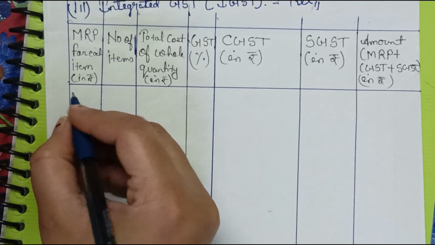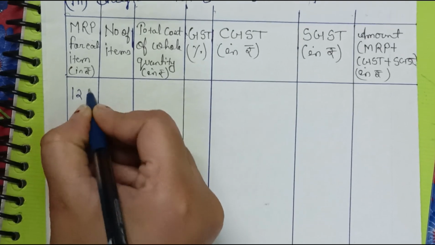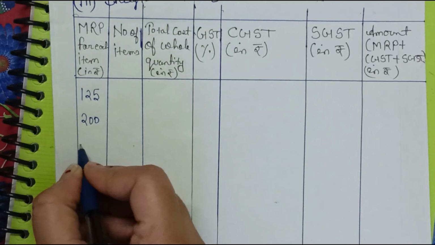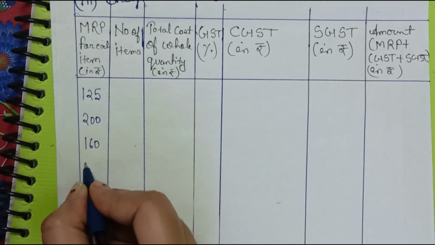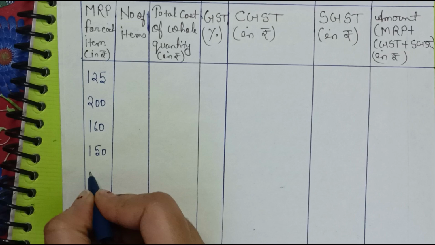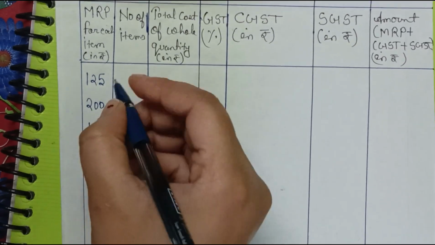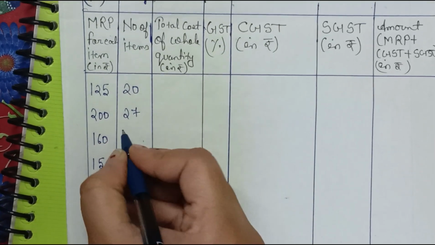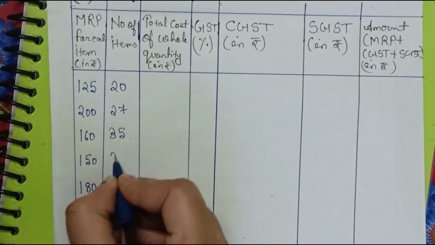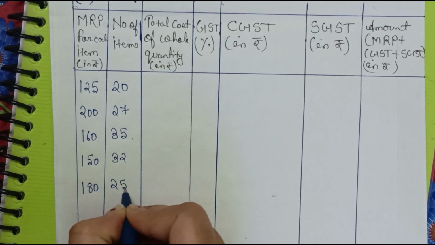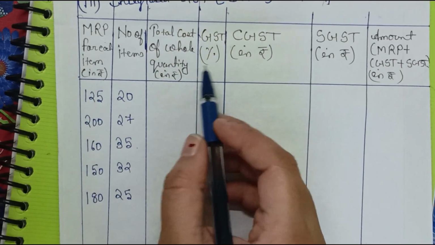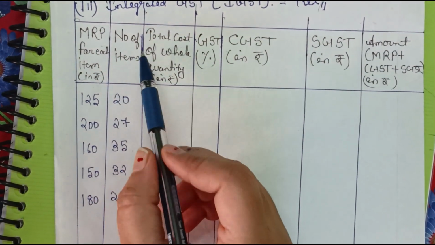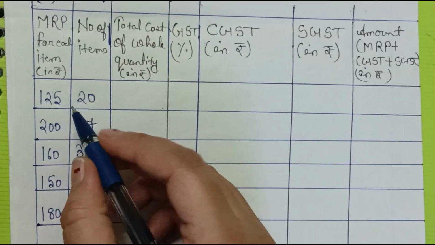MRP for each item is 125, 200, 160, 150, 180. Number of items: 20, 27, 35, 32 and 25. Total cost of the whole quantity is MRP for each item into number of items, that is